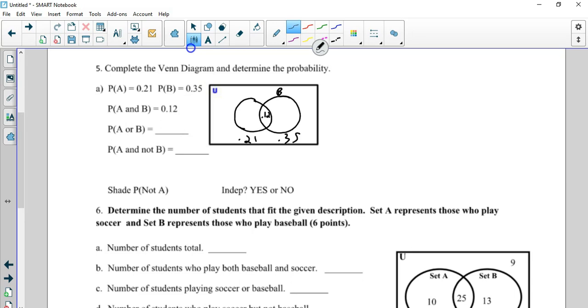Now remember, they both contain that 0.12, so you actually need to do 0.21 minus 0.12 to find out this part of A, because these two together make 0.21. And then 0.35 minus 0.12, well, that gives you 0.23. And again, those together make 0.35. Now, the probability of A or B,